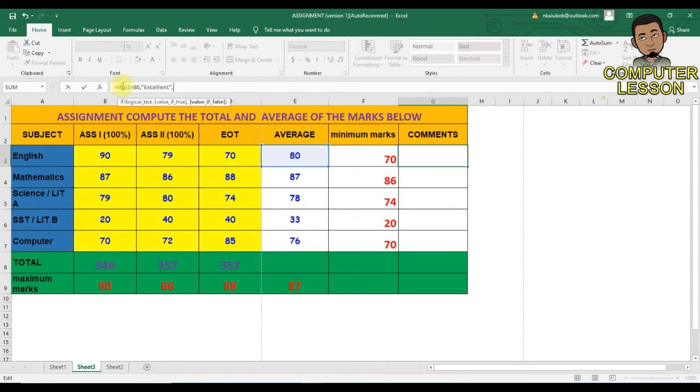Then we again say IF, open brackets, E3 is greater than, this time we have said greater than 80.